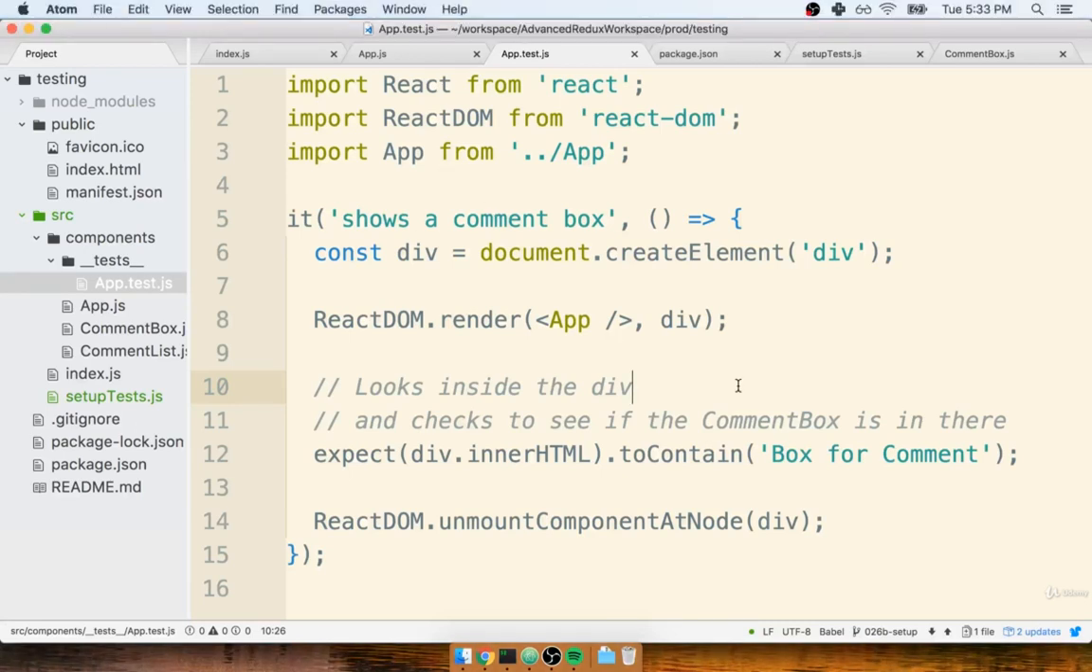In the last section, we took a look at the enzyme documentation, and we've now got a better idea of how we're going to use enzyme to test out our app component. So in this section, we're going to do a big refactor of this app.test file. I'm going to first get started by finding all the code inside of this it statement right here and removing